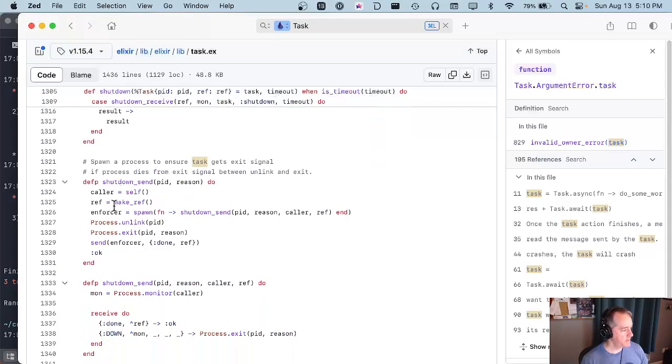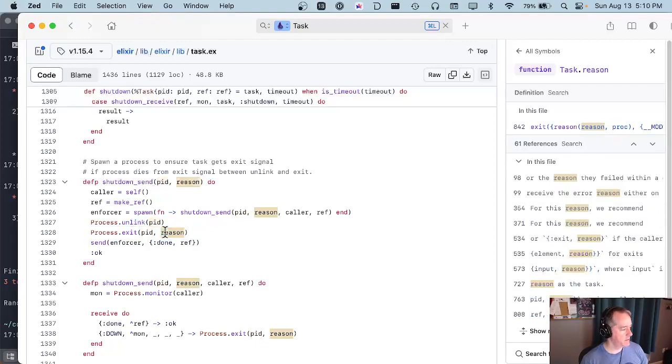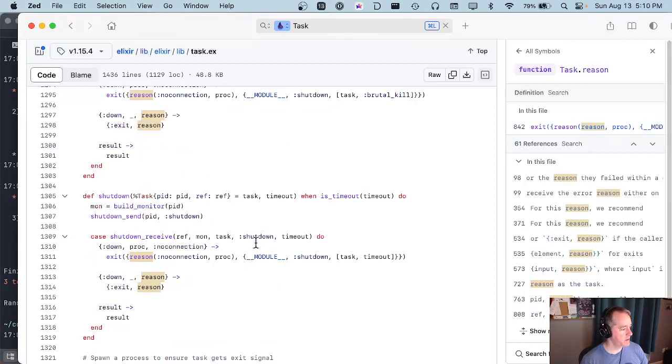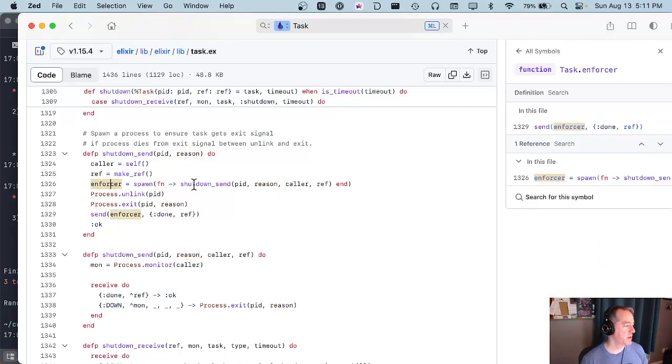So it makes a ref, it spawns a function shutdown send with the for arity, unlinks the task PID, calls exit with the reason, which in our case would be shutdown. And the enforcer is this separate process which is unmonitored, unlinked, and it's going to make sure that that gets